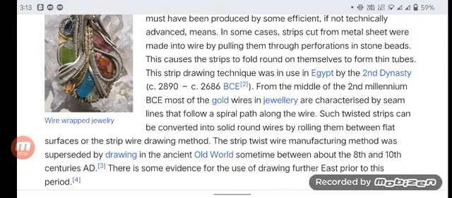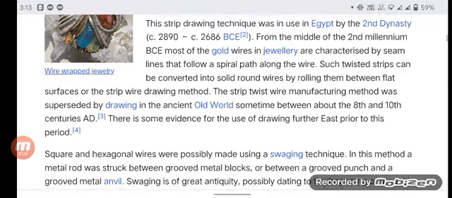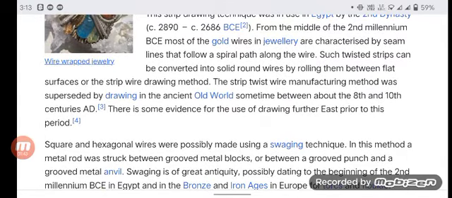From the middle of the second millennium BCE, most of the gold wires in jewelry are characterized by seam lines that follow a spiral path along the wire. Such twisted strips can be converted into solid round wires by rolling them between flat surfaces or by the strip wire drawing method. The strip twist wire manufacturing method was